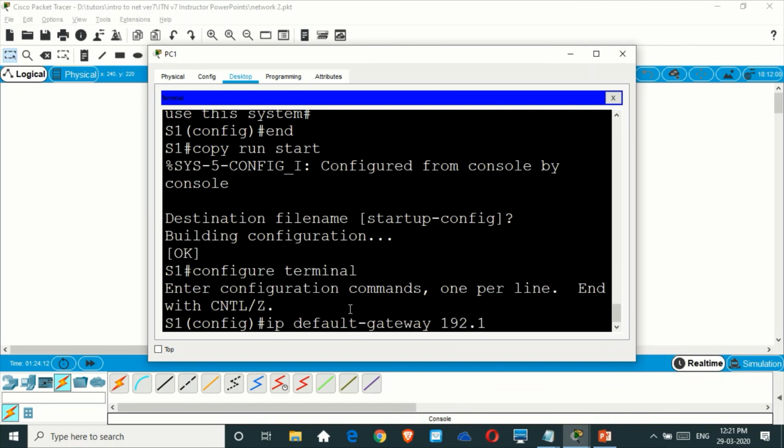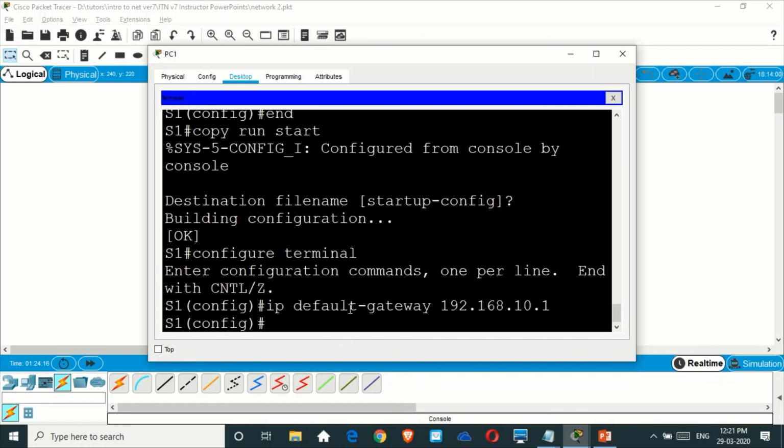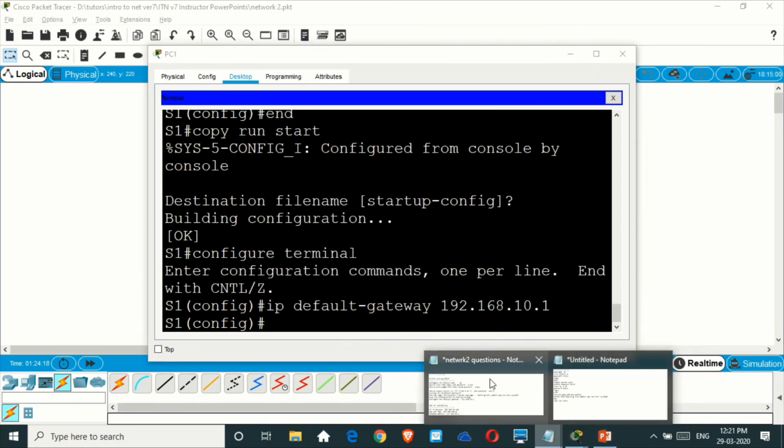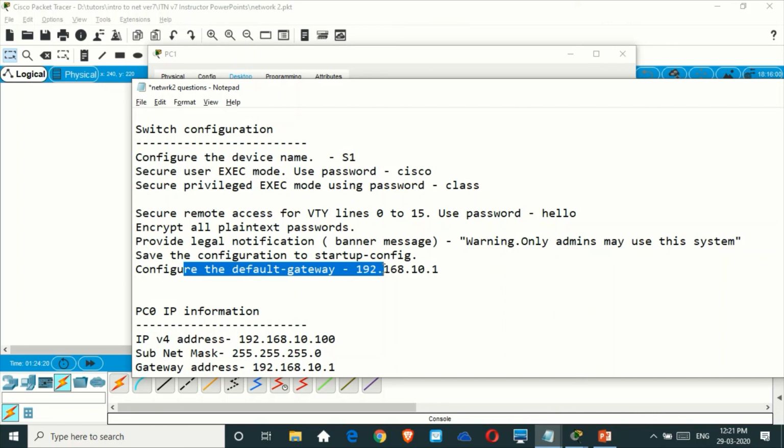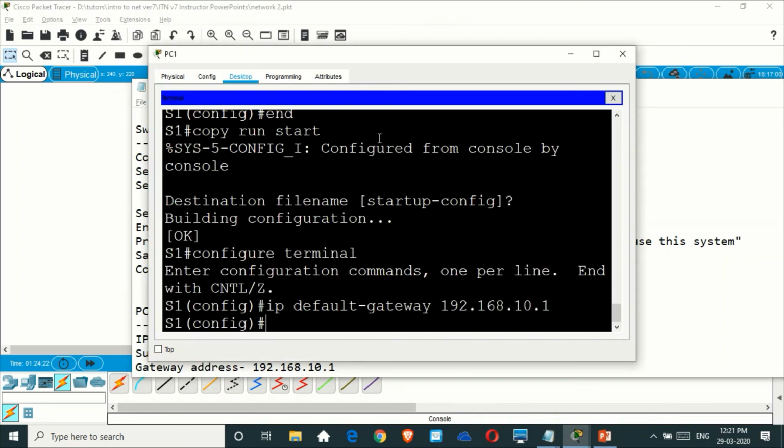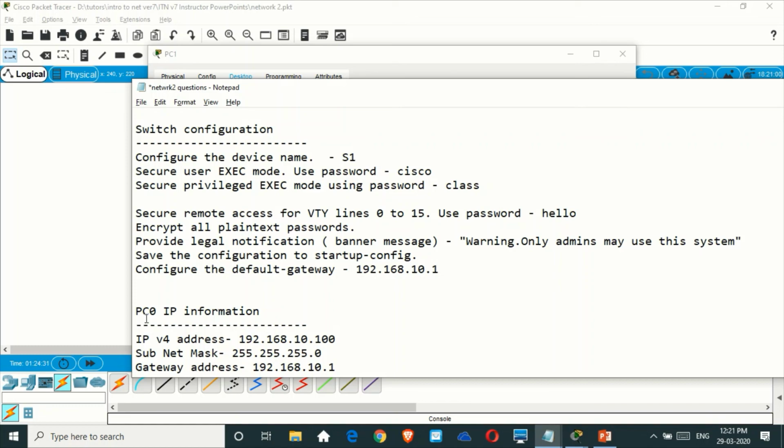It is given as 192.168.10.1, and the IP default gateway is set. Please look at the question: configure the IP default gateway on 192.168.10.1. Give the command ip default-gateway 192.168.10.1. You have to do it in the config mode. So that completes that.